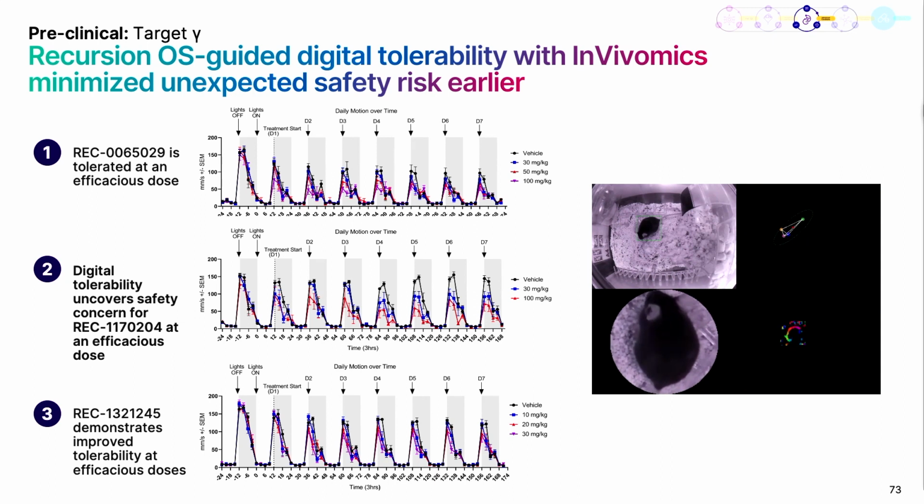So the first molecule I'll draw your attention to is this Rec 11700204, in which you can see, again, vehicle looks fairly normal, but at both doses that we gave, which were required for efficacy, we saw very significant decreases in the activity levels of these animals, suggesting potentially some safety concerns for us. Whereas in this molecule, Rec 1321245, you can see little or no changes in the activity levels at all for these animals at doses that